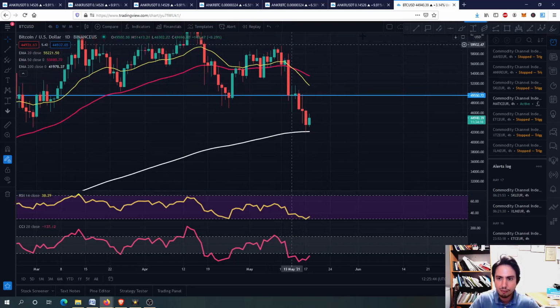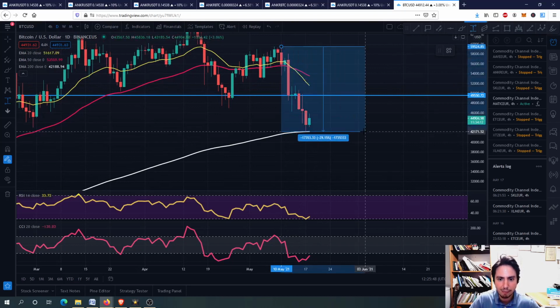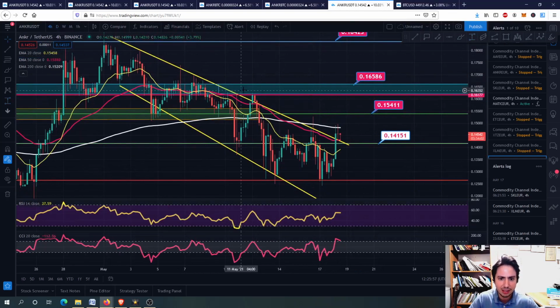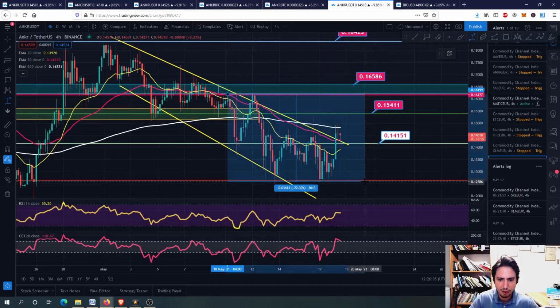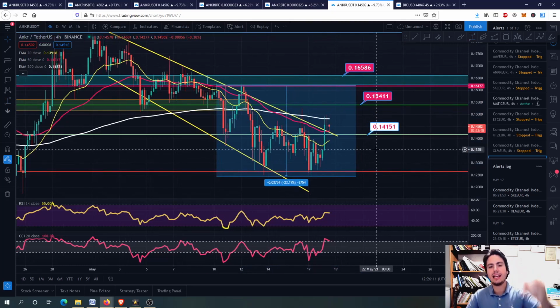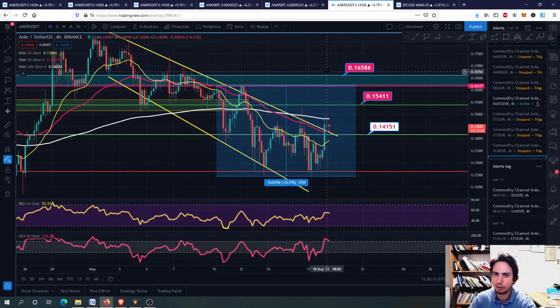For example, back on 10th May, it went downwards about 29%, guys. That is very, very huge. And of course, Ankr did, I think, the same thing. Let's see from 10th May actually how much it has gone down. Okay, it has gone down about 22%. So that's what I meant for Ankr against Bitcoin outperforming Bitcoin.